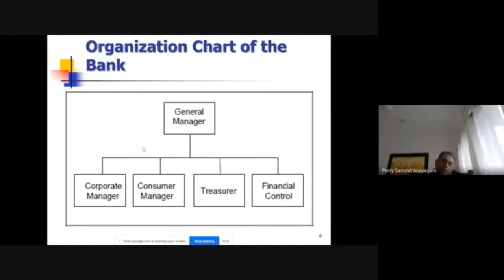Within those three businesses, you will have the products that support those businesses sitting in it. So, for example, you will have trade services, which will predominantly be servicing corporate banking as a product. You will have payments and cash management, which also will be predominantly for corporate banking. You will have foreign exchange, which will be with treasury and supporting corporate clients as well as consumer clients, basically retail clients as well, right?